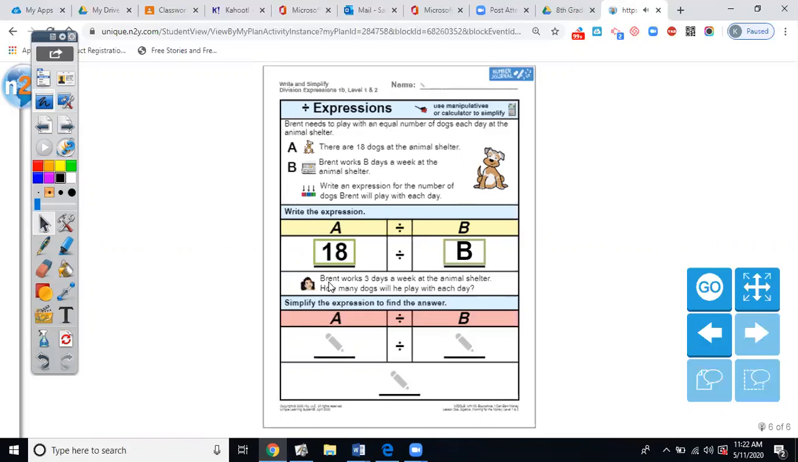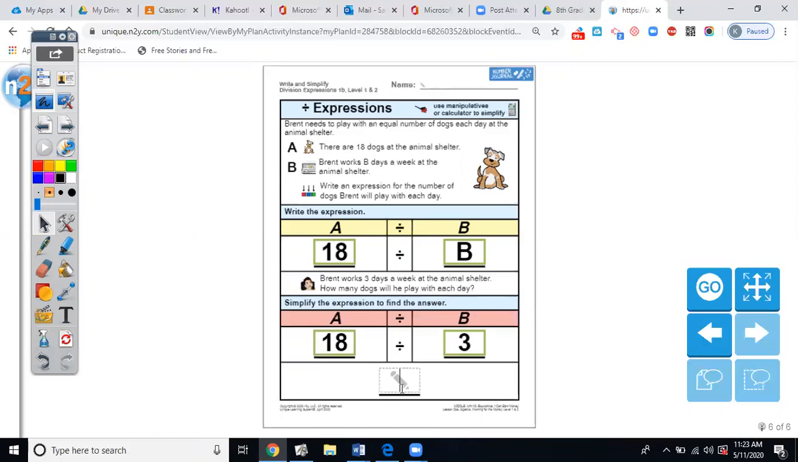Okay, let's go to step 2. Brent works 3 days a week at the animal shelter. How many dogs will he play with each day? Okay, so it tells us 3. Remember, B represents the days. So we're going to plug in 3 for B, divided by, we know what A is, it's 18. A represents the number of dogs that he has to play with. So 18 divided by 3